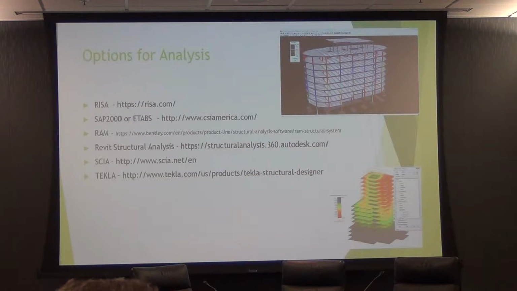And then they also have something that's unique to SAP, which is an API. I don't know if you guys know about API, but API is an application program interface. If a program has that, it allows you to write your own translation, and a lot of times you can run the program without manual input. So you could write translators essentially to go between SAP and ETABS. And in fact, one of the things I'm going to show here, if you guys are familiar with Dynamo,